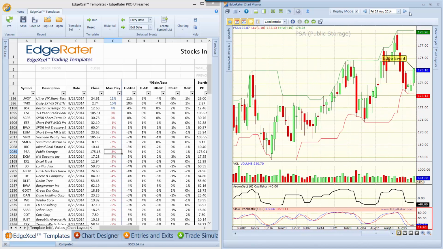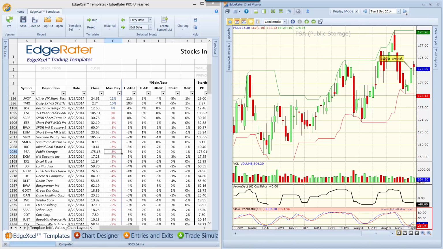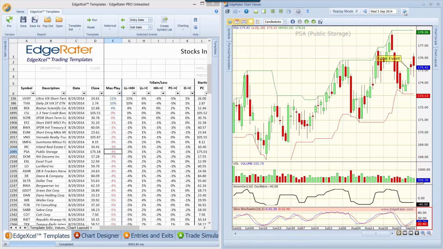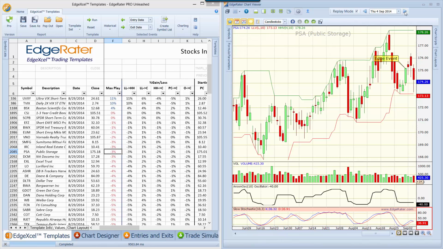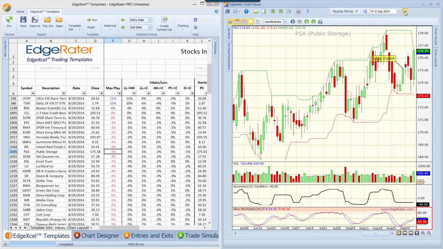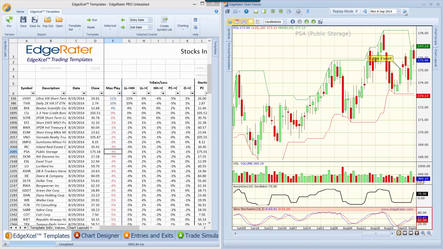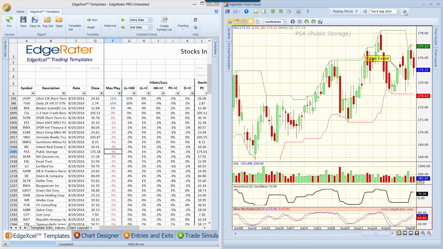And so what we would do now is just hit the play forward button, replay mode, click on next, and see how the days play out. You can decide whether or not you would have been interested in buying the stock, whether or not you would be selling, whether or not you would be shorting. And as you go forward through the days, you can get an idea for where your stop level should be, and it really shows you how the markets move, and sometimes how your stop levels are taken out,